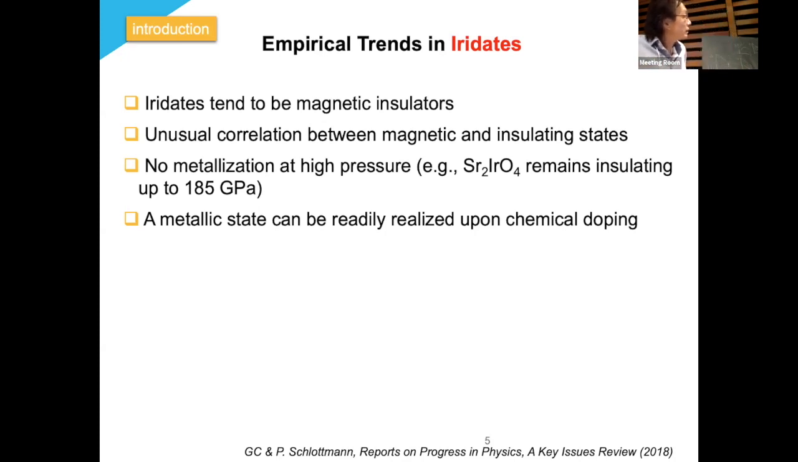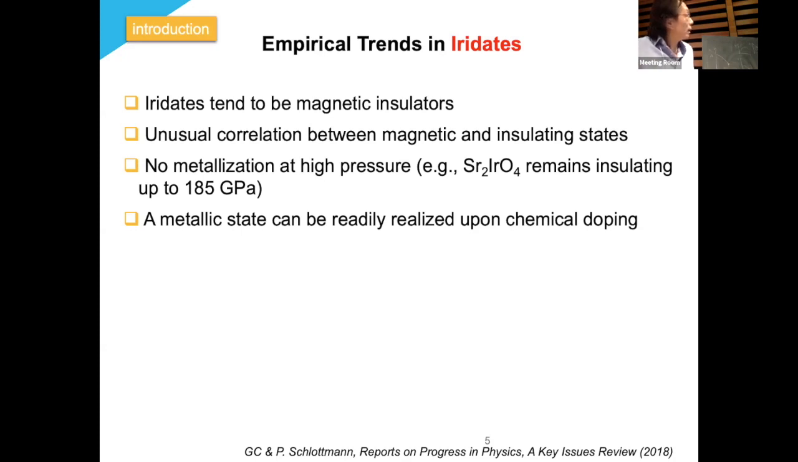So recently we did a high pressure study on this compound, strontium 2 iridium 04. We applied pressure up to 185 GPa, and the insulating state actually persisted. So we think this persistent insulating state suggests the importance of crystal or structural distortion, despite the large band broadening under high pressure. But on the other hand, a metallic state can be readily realized if we